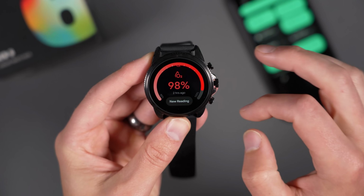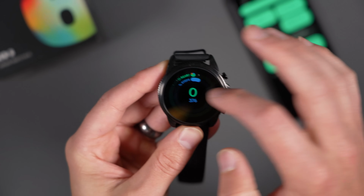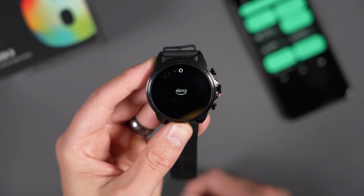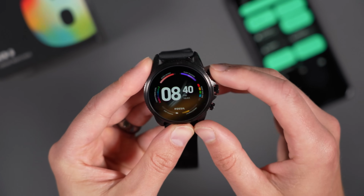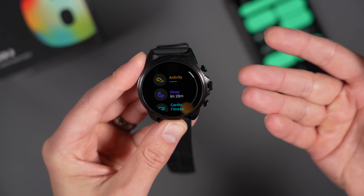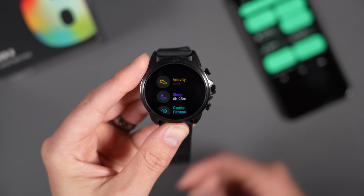You can see it's got weather and SpO2, and there's sleep tracking. And if you keep going, there's an Alexa coming soon tile. So Alexa is apparently coming to Fossil watches. Press this top button. You can customize these, but this just has sort of the Fossil Wellness app out of